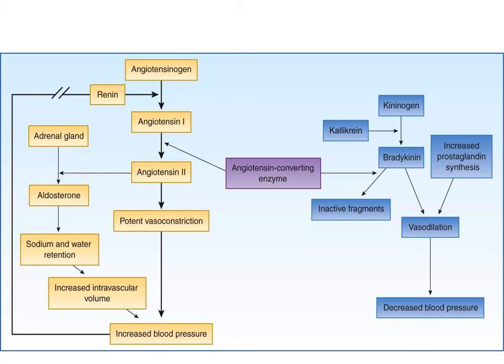This slide shows what angiotensin-converting enzyme does. It increases the conversion of angiotensin 1 to angiotensin 2. And angiotensin 2 is what we want to prevent because that's a potent vasoconstrictor that causes an increase in blood pressure. But the angiotensin-converting enzyme also acts on bradykinin to facilitate its breakdown. And bradykinin is a good vasodilator and can decrease blood pressure. So if we inhibit the angiotensin-converting enzyme, we increase that vasodilation, thereby decreasing blood pressure.